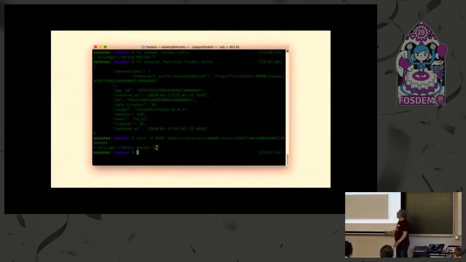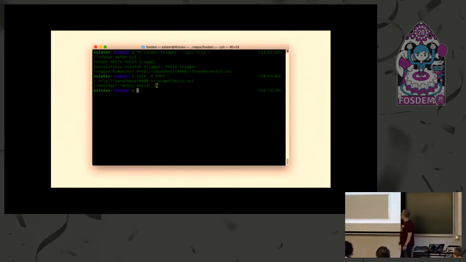And then you want to invoke it. So from the command line, fn invoke FOSDEM hello, hello world. Now, obviously, you're not going to be invoking it from the command line most of the time, so you can do an inspect of your function and you get that beautifully memorable URL, which is the one that it's using internally. You also see things like there's an idle timeout on the function, which I'll talk more about in a sec. And you can do a curl to that URL,